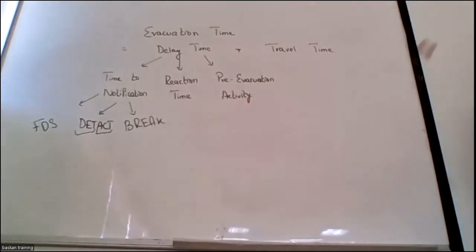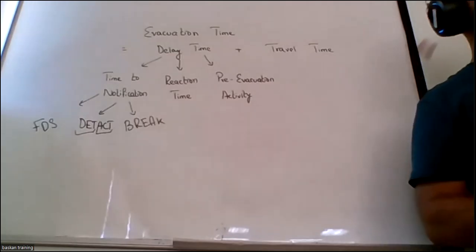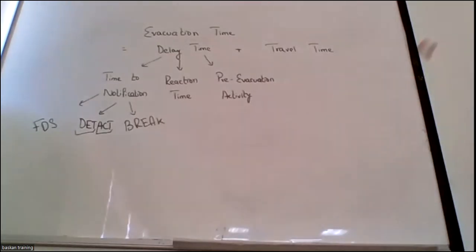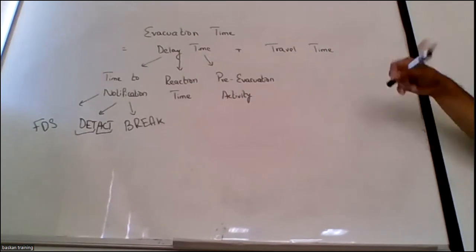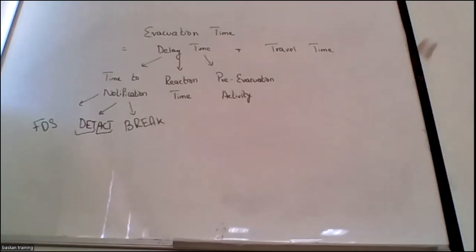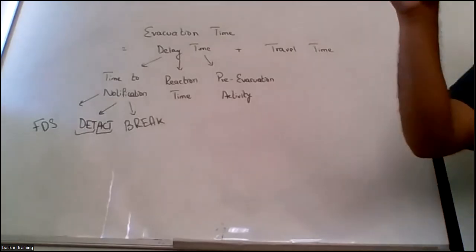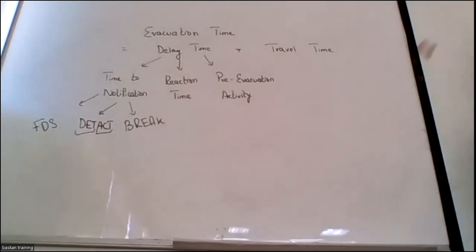Similarly, three months back I was healthy. Now I am not that healthy. Maybe I have some type of injury and my movement is slower than it was. So it means in the travel time there could be a delay also, but we don't consider it as a part of delay time. There are parameters that can affect the travel time also. So travel time explains the required safety egress time, but it is not equal to the required safety egress time. There could be challenges that can affect the movement. Sign location.